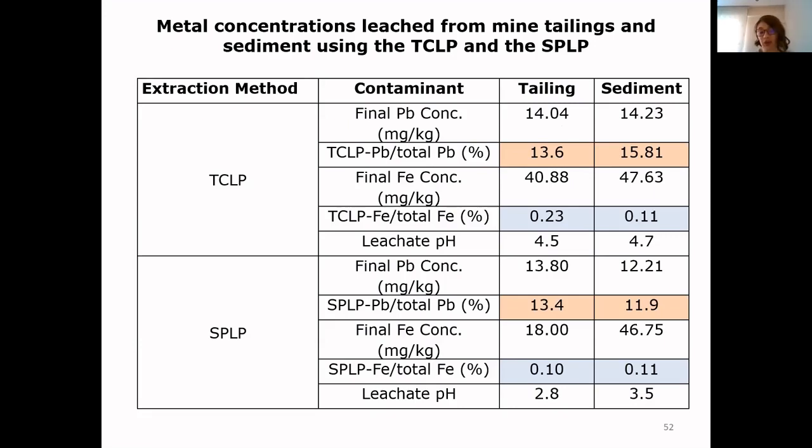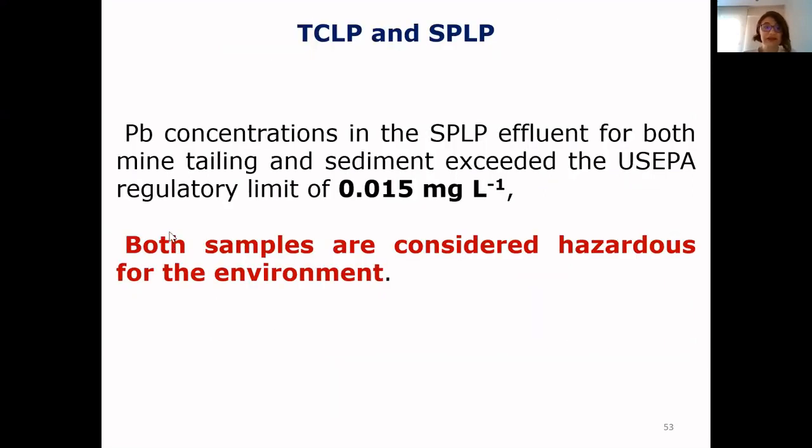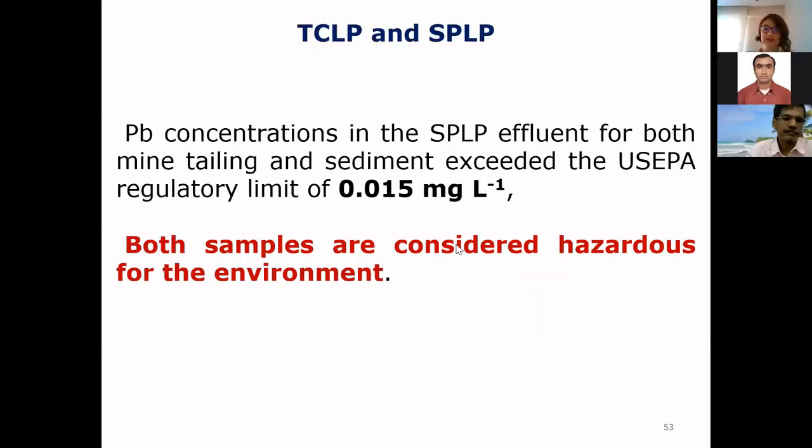But the fraction of lead extracted is much more important than the iron. The extraction of lead is similar for both mine tailing and sediment, but the TCLP method tends to extract higher concentrations than SPLP. And as a result, both samples are considered hazardous for the